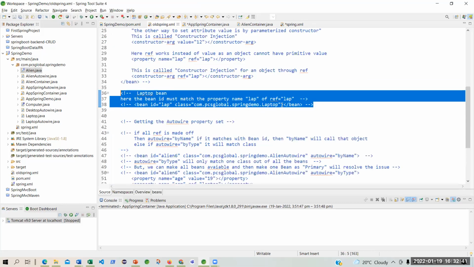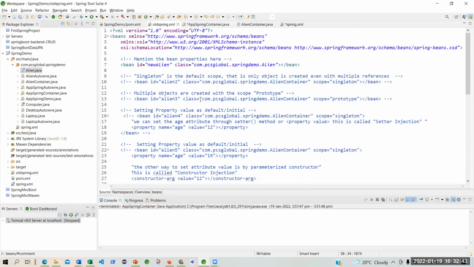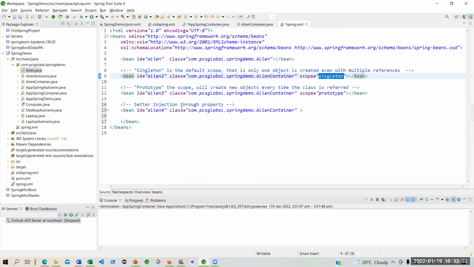So what I do is copy this part and put it over here.